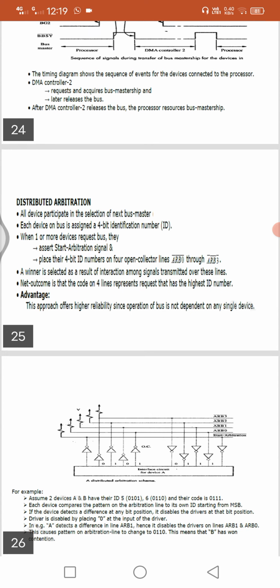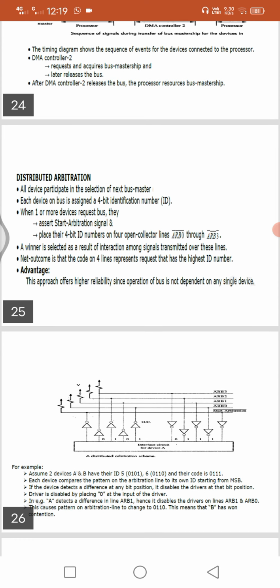See here. A winner is selected as a result of interaction among signals transmitted over these lines. The net outcome is that the code on the four lines represents the request with the highest ID number. The highest ID number is performed first.